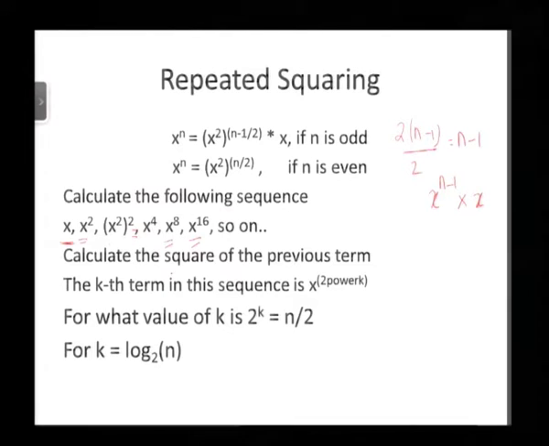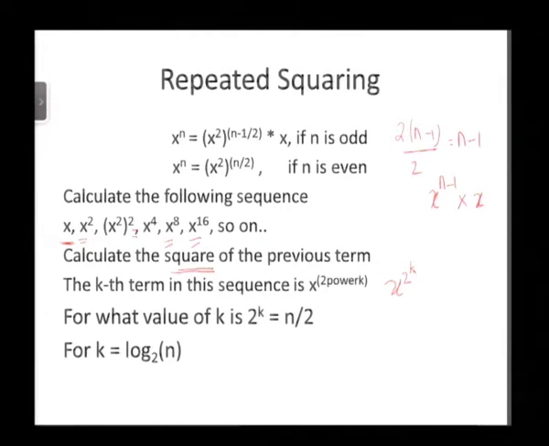So, what is the whole idea? The whole idea is very simple. We compute the square of the previous term. In other words, the kth term in the sequence is x power 2 power k. So, let us write this down. In the kth iteration, we would have computed x power 2 power k,